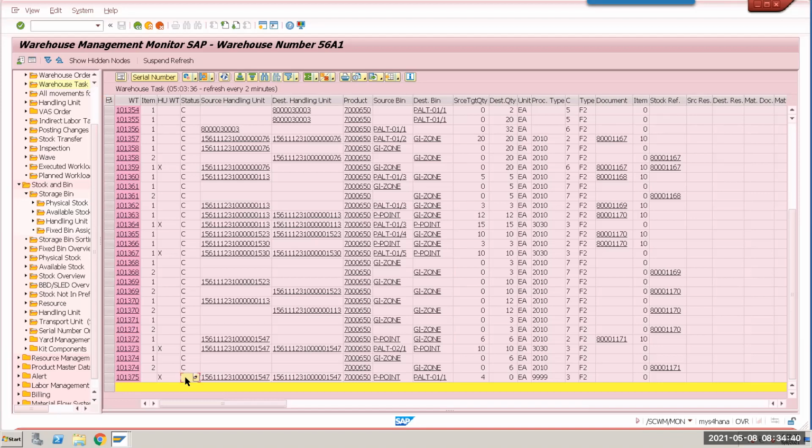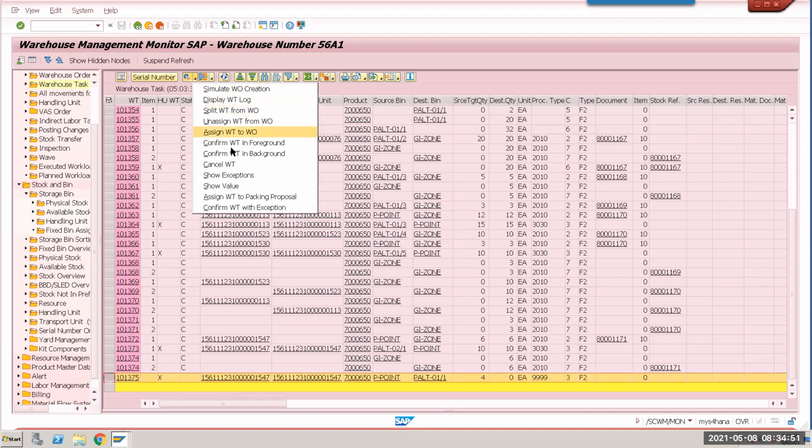Okay. It's directly going from pick point to pallet. It's 4 pieces, the balance 4 pieces. Why is it not going to the ID point? Any guesses?